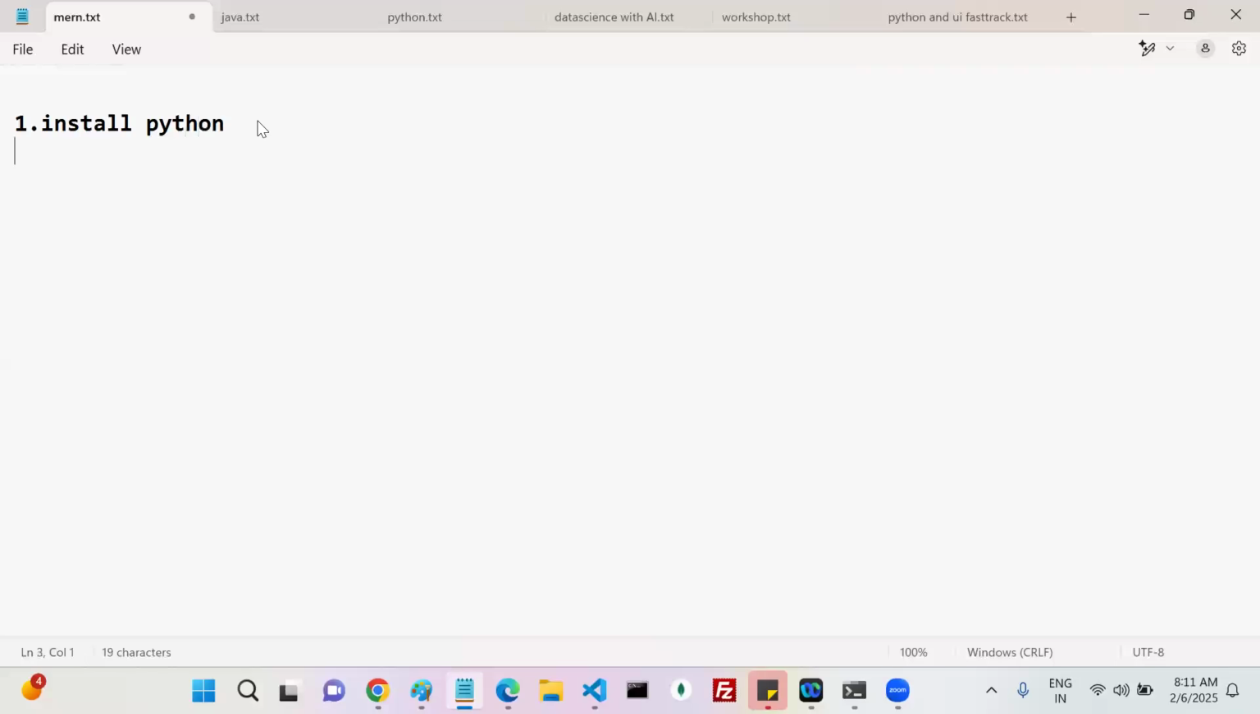Once installation is completed, the next step is what? To write the program, I asked you to install one editor. Okay, you can use Notepad also, but I prefer the VS Code editor. You can install that VS Code editor too in your machine. The next thing is, in the VS Code editor, I want to write one simple hello world